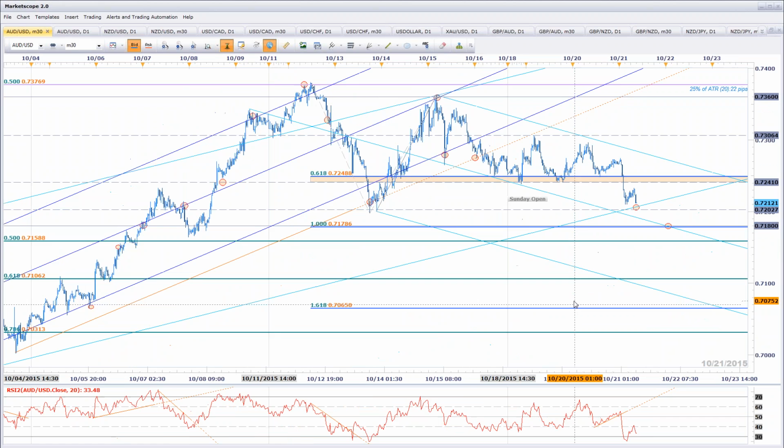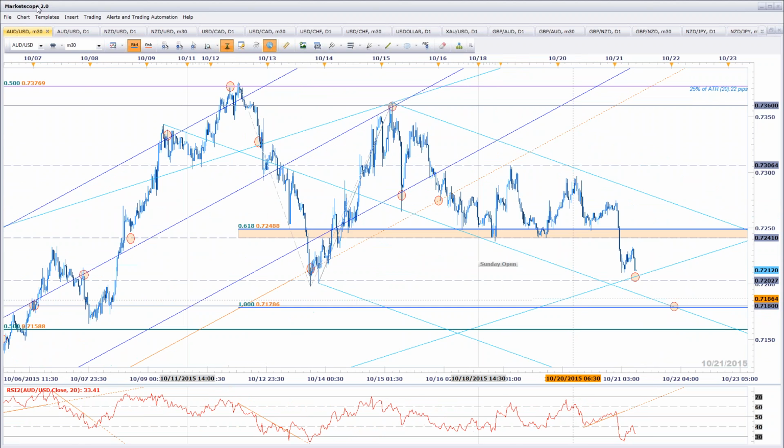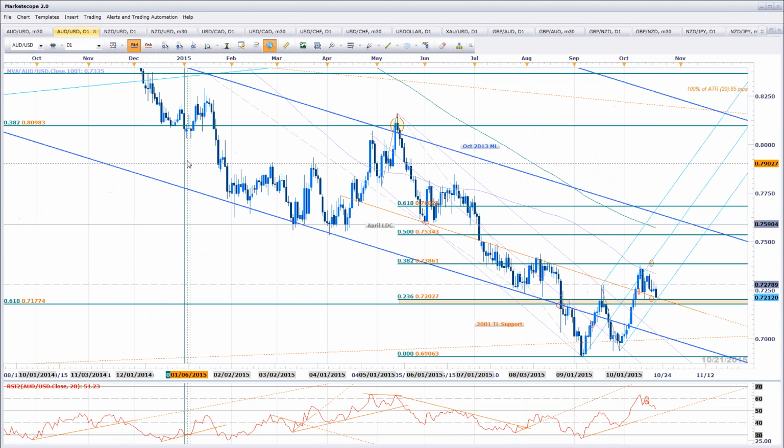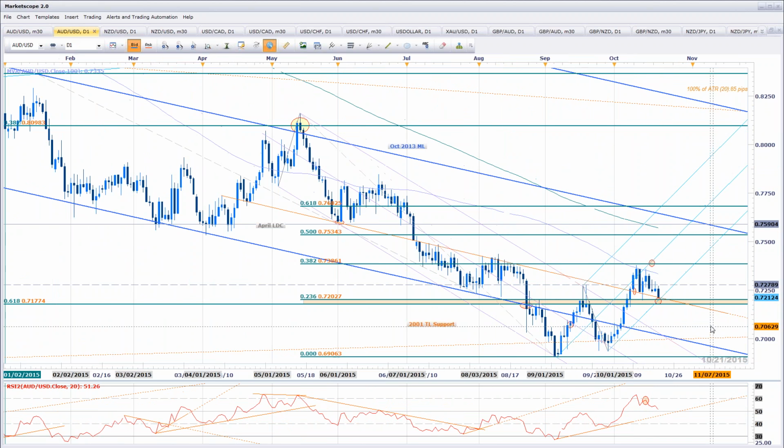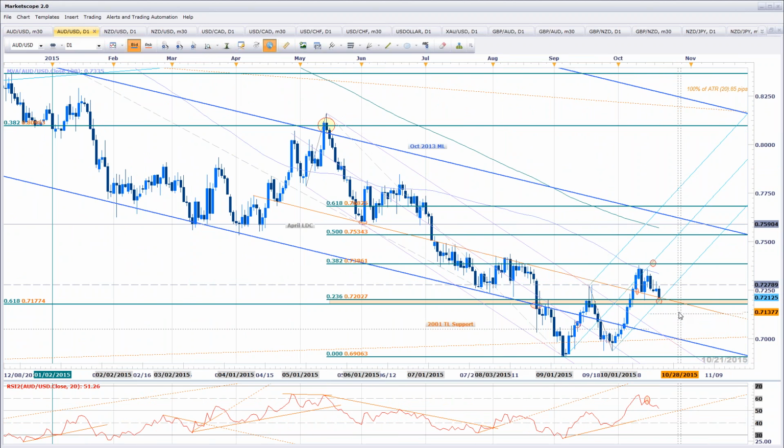which represents the 236 retracement from the decline off the highs that you made in May. So here's that level that we highlighted last week, confluence finally coming into focus here. This is going to be a big support for the Aussie. If we break below this, I'm really inclined not to mess with this thing on the north side anymore. You can see a drop right into 70 at that point, and that's going to give you a 200 pip move. So I'm really looking at this 71.77, 72 level with great interest for the Aussie.